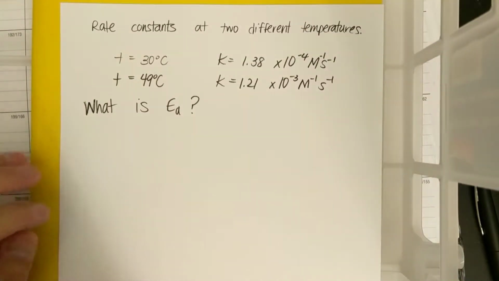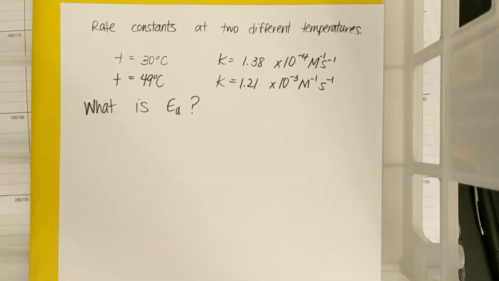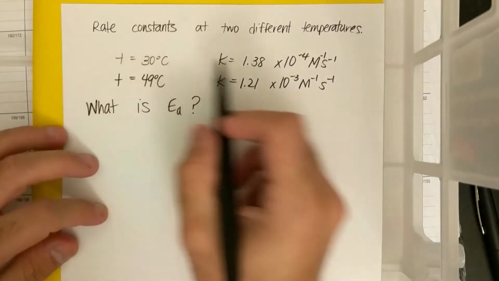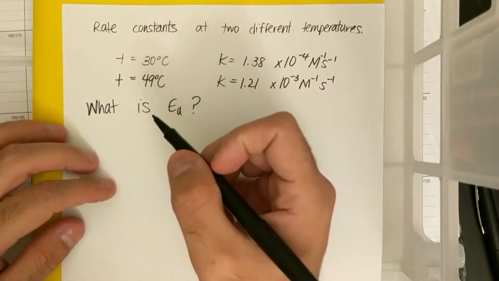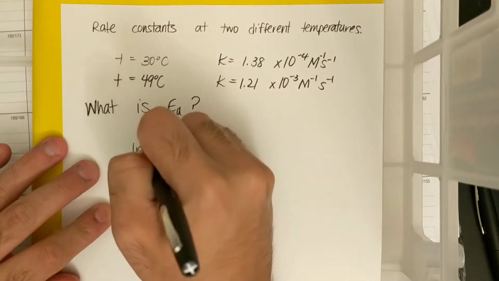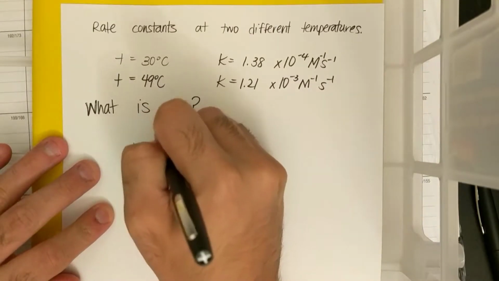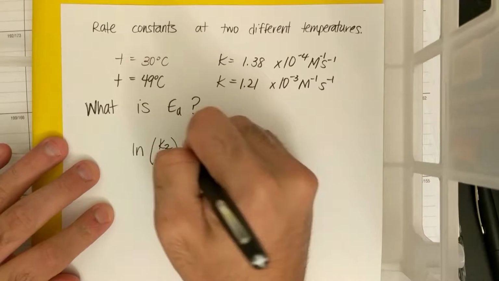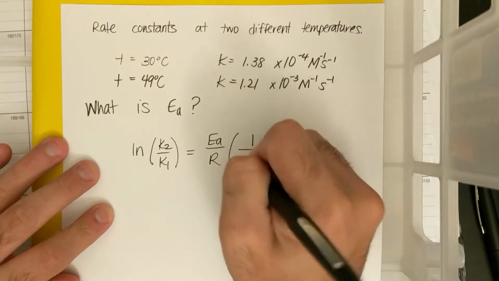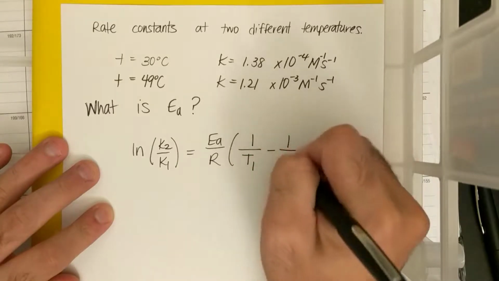Hey AP Chemistry, as a request I wanted to show you how we could work through question number 18, and then I'm going to give you a sneak peek at how I would apply that to something like number 20. Okay, so we're given two rate constants at different temperatures and we want to know what the activation energy is. Well, I gave you this equation, natural log of K2 over K1 equals EA over R